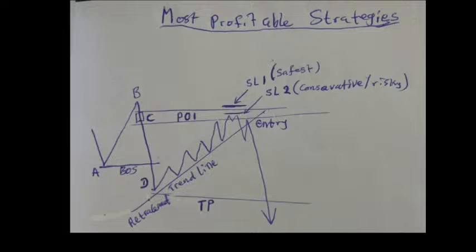Based on the distance between this higher time frame SL and my entry point, if it is too far away, I'm not going to use it. But when it is too far away, I will use my lower time frame high. That structure that was made before, the high of it is where I'll place my SL. That's exactly where I marked my SL2. That's if the first one is too far away. Okay, that is exactly how I make my entry. Now my take profit, as you can see previously